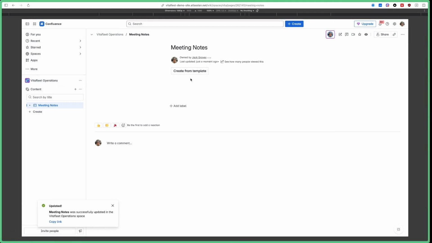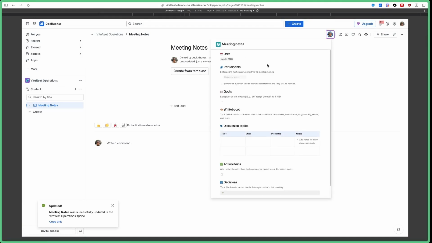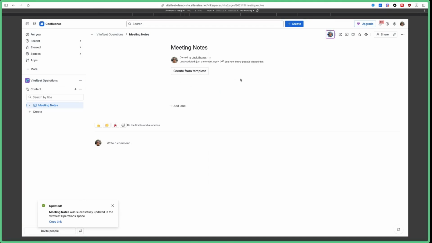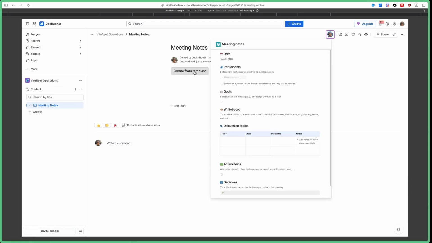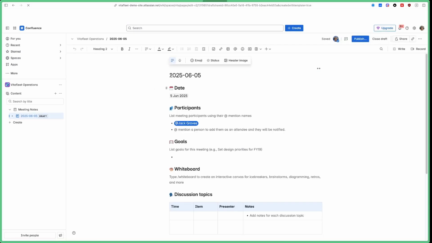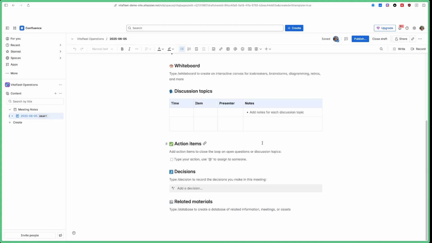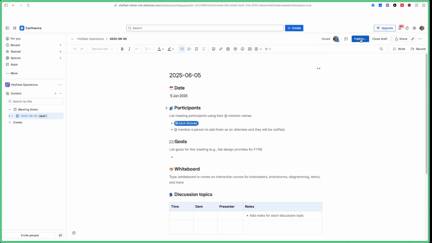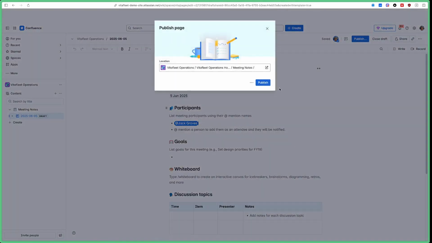We've got a button at the top to create a new meeting notes. And when we add those meeting notes, they're going to appear here underneath in that child pages macro. So you can see it's automatically populated the date, and it's changed it here as well. And we can also start to add details about the meeting, for example. And if I click publish,